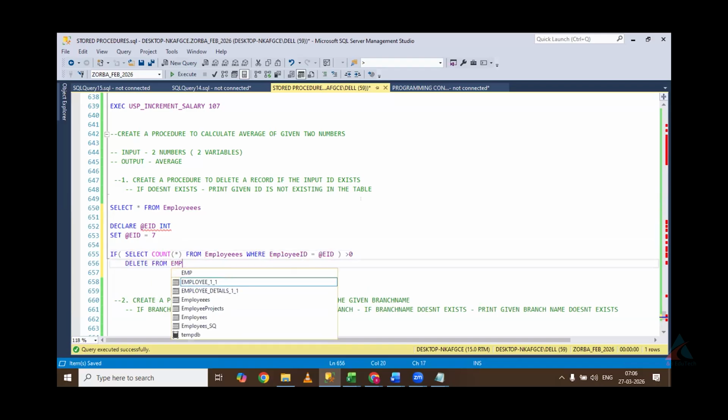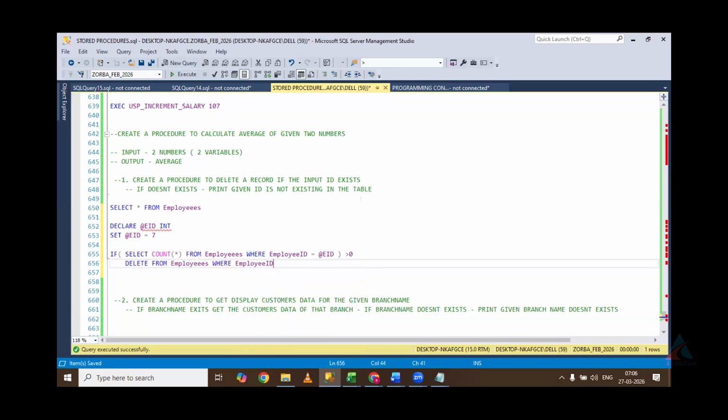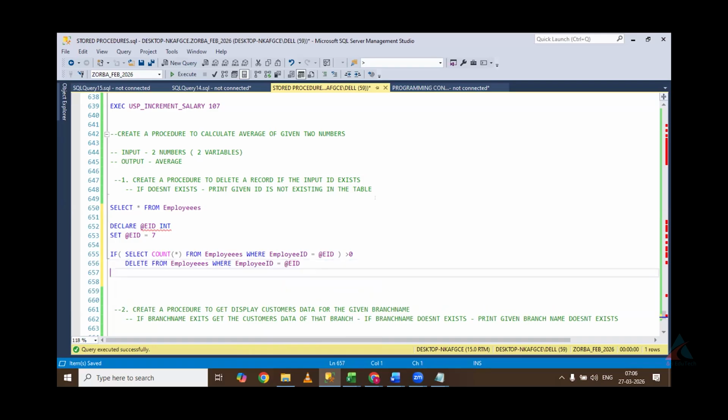Then delete from table, what you are going to delete? The given employee ID. So delete from table with a where condition, where value is equal to so and so. That's it. If it does not exist, so you can say